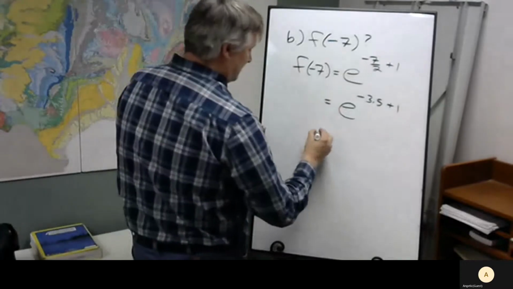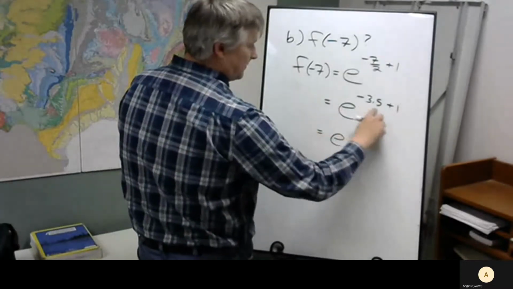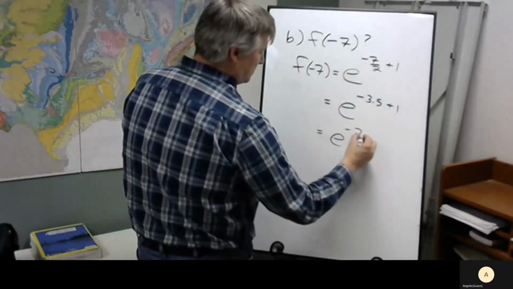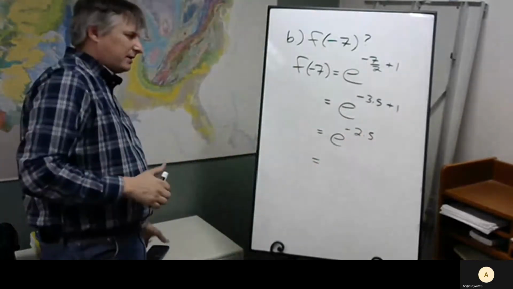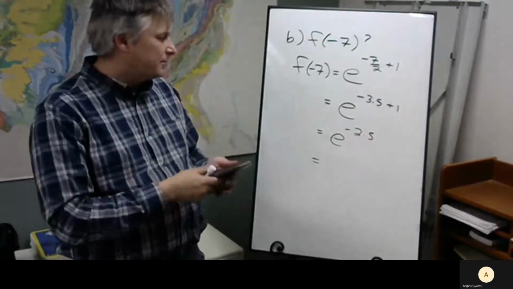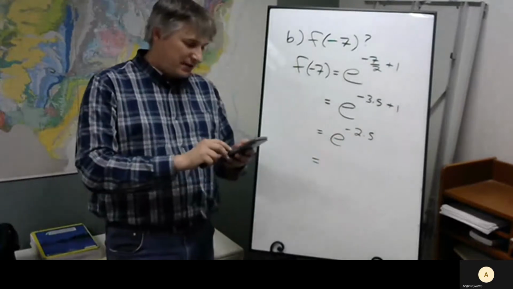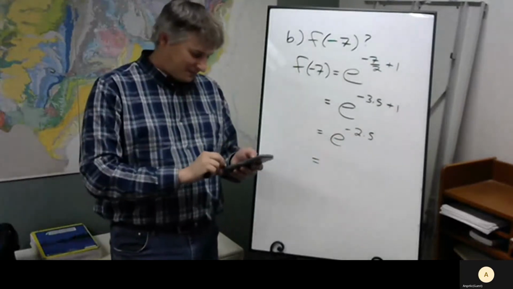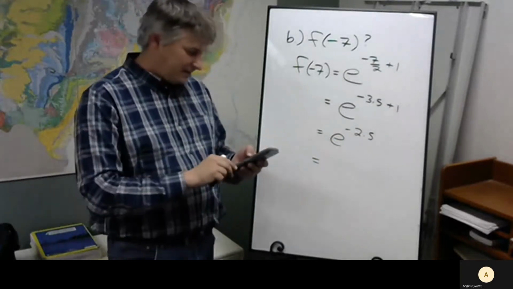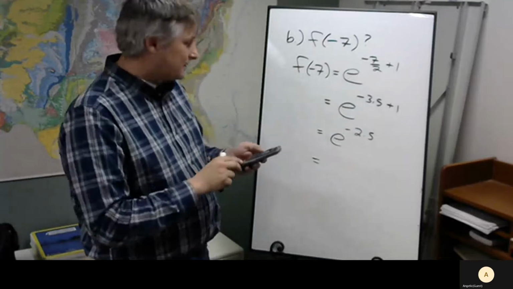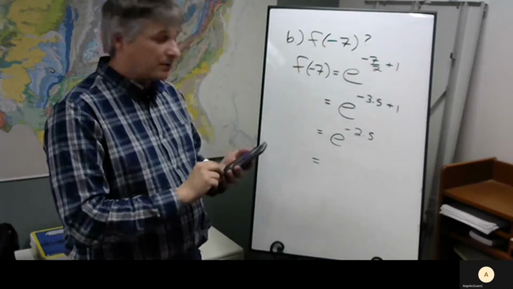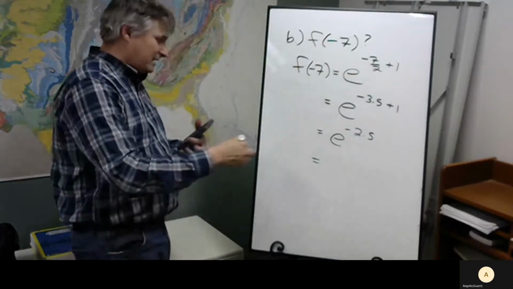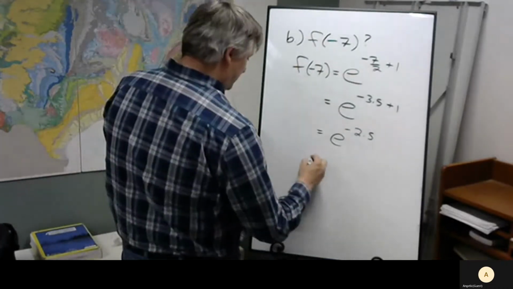And this will be E to the, we take care of this first, -2.5. If I put that into my calculator, I'm not going to worry about flipping it. I'm just going to put this negative exponent into the calculator. I do my alpha to get E, my X box, -2.5, close my parenthesis, and I get approximately